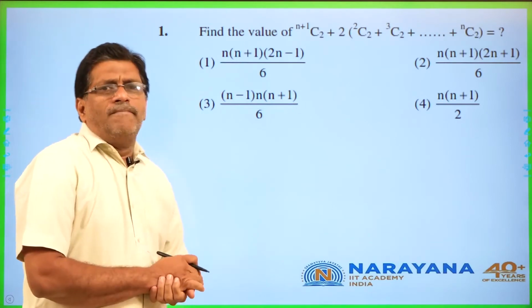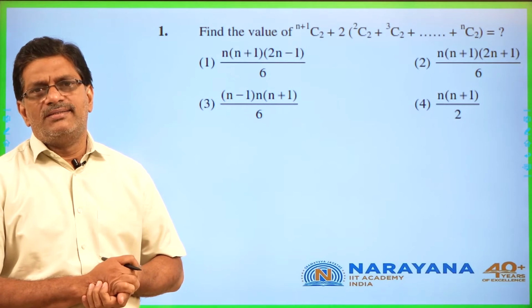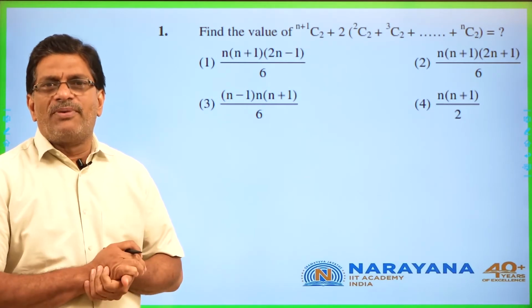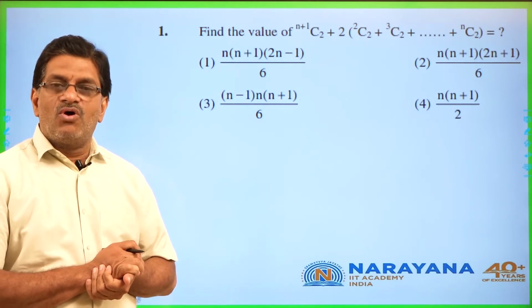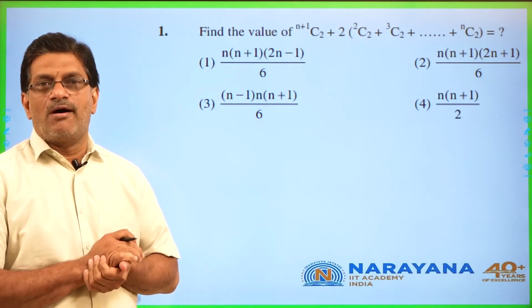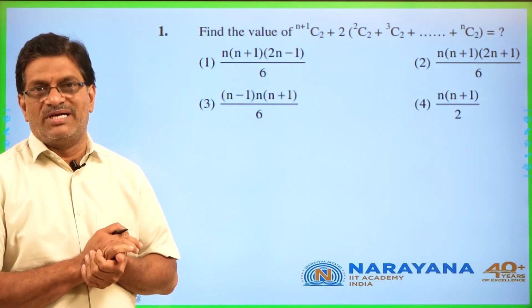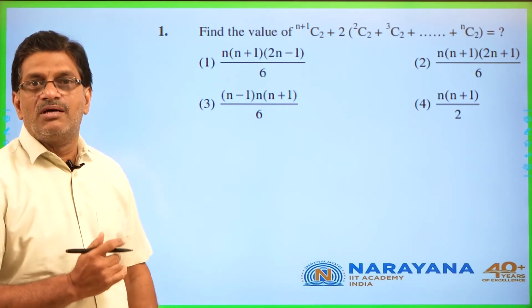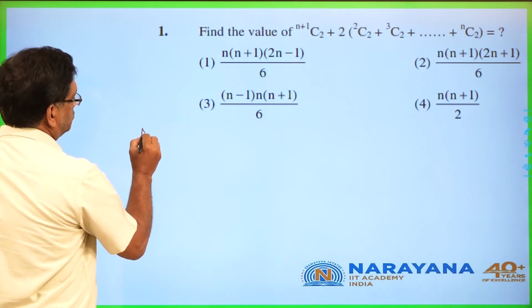So the first question is based on the binomial theorem. If you know the properties of the binomial theorem, then we can easily complete it. Otherwise, some students can put n equals 3 or 4 and check the possibilities, right? But let us learn the properties also. We know,